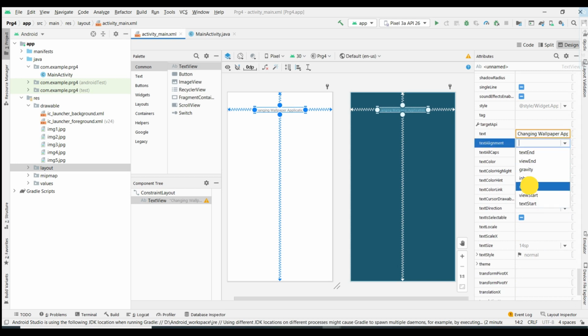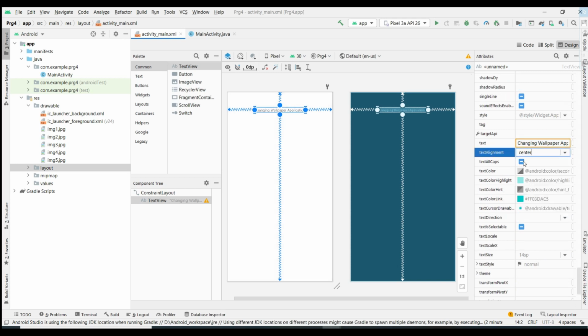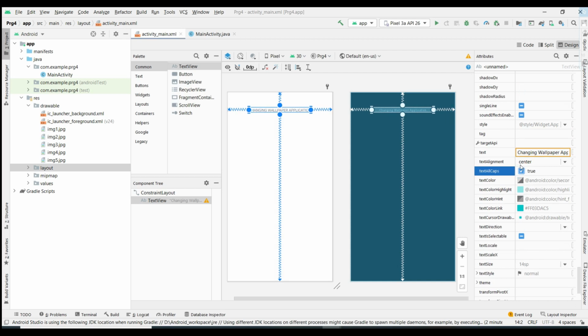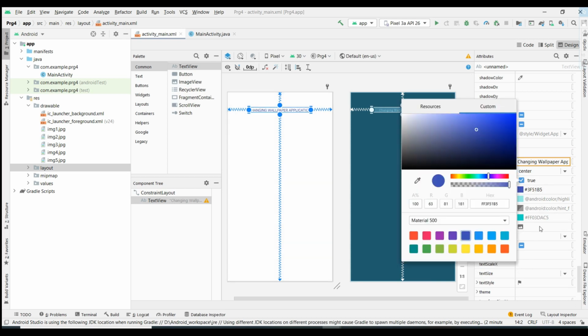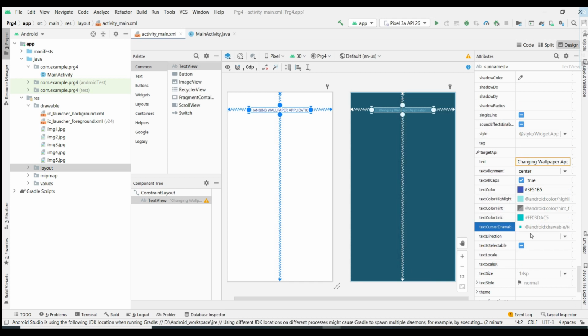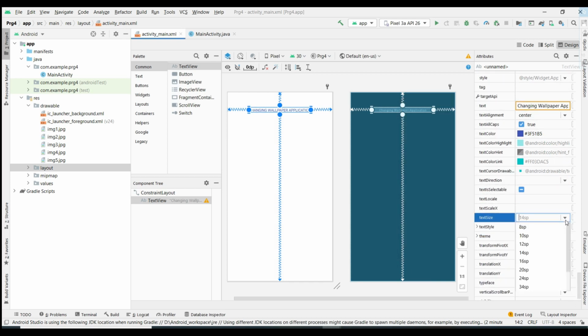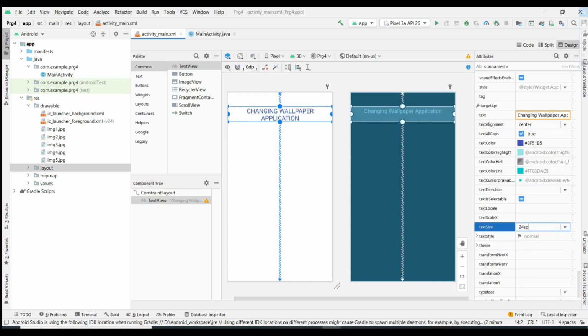Here you can align the text in the center, and if you want capital letters, you can make true, that is text all caps. Then for the color, you can choose any favorite color you want. Then the size also, you can make it 24 sp or whatever, it depends on you.